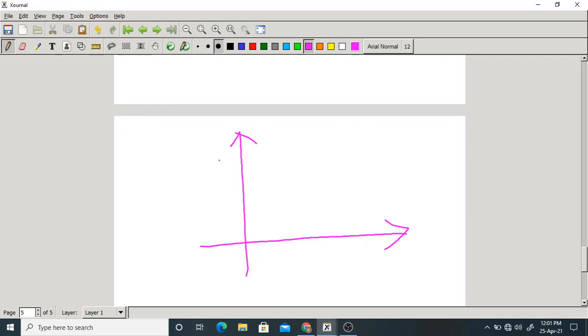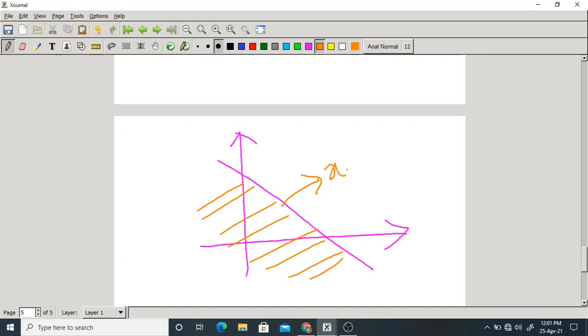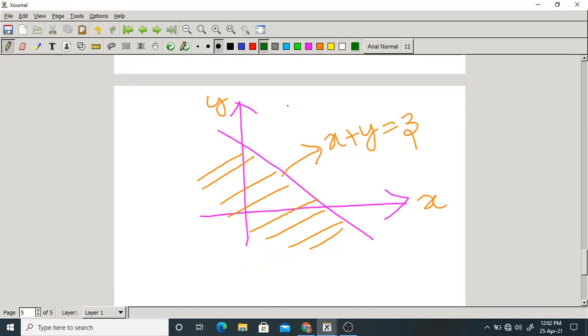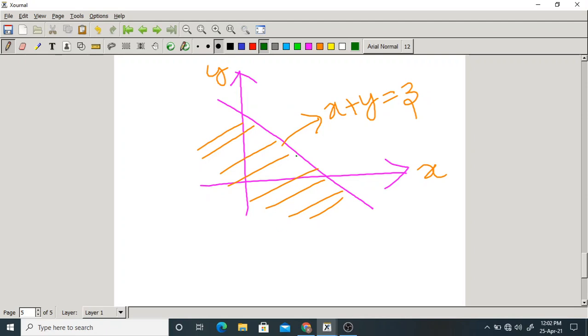This is the region of integration. This is a line indicating x plus y equal to z. This is x, this is y. Now I will take a vertical strip somewhere here. We should integrate over this strip along which axis? The y-axis. From where to where? Y varies from minus infinity to what? Here, what is y? Z minus x.